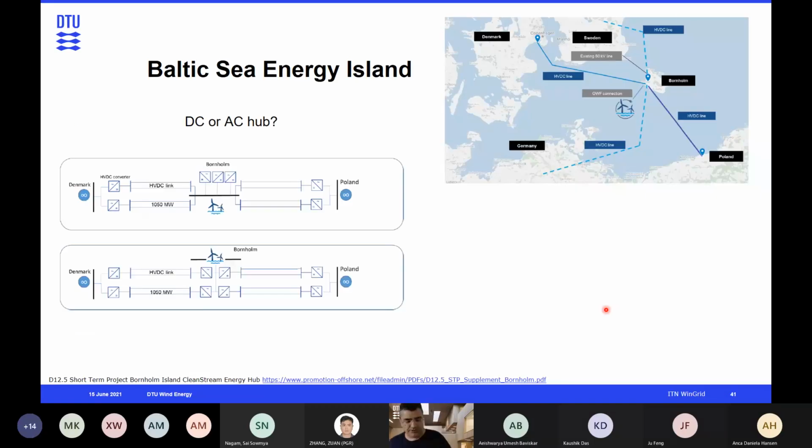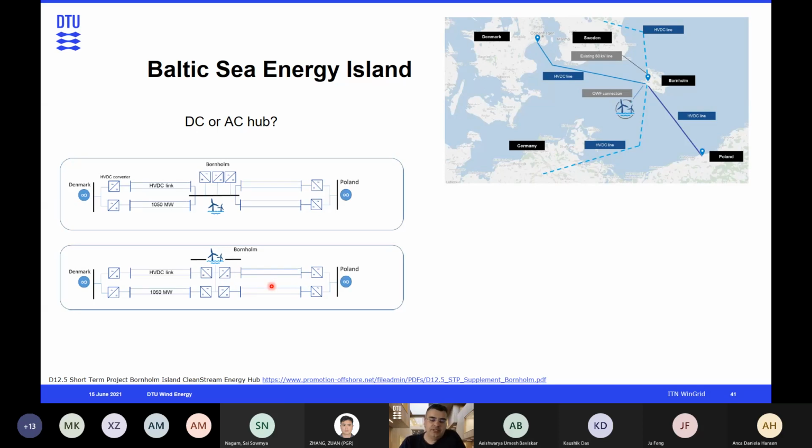And, very briefly, I see time is running, I'm sorry for that. When we start building it or looking at the topology, we have some choices to make. It can be either a DC hub, so even the offshore wind will be connected via DC, or it can be an AC hub where you have the offshore wind connected via AC to the onshore grid, and then you have the HVDC connections to the different AC systems, here shown between Denmark and Poland, and you can see that there are separate connections